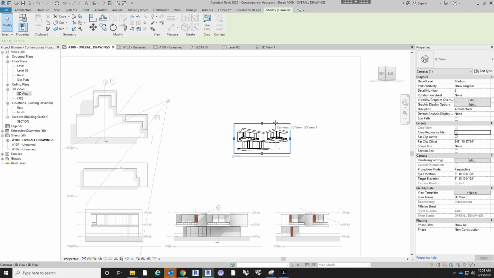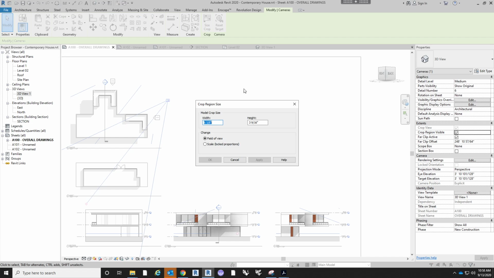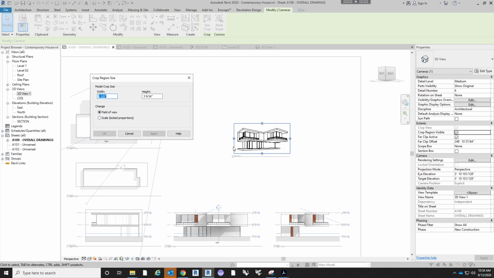Click on the crop region, and for 3D views, what you can do is up at the top under modify cameras is a size crop, right? If you click on that, it'll tell you the exact dimensions of this crop view, and what you can do is change it. Now, field of view is essentially saying that if I take this and I make it 12 inches, that'll take the field of view of this, and if I hit apply, it'll just change it and open the,